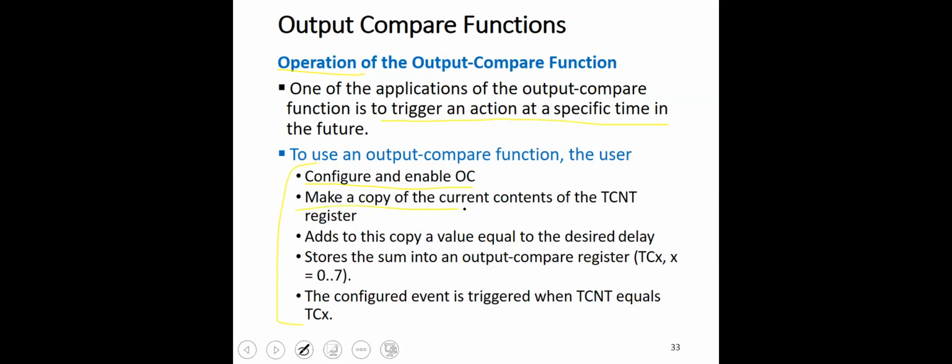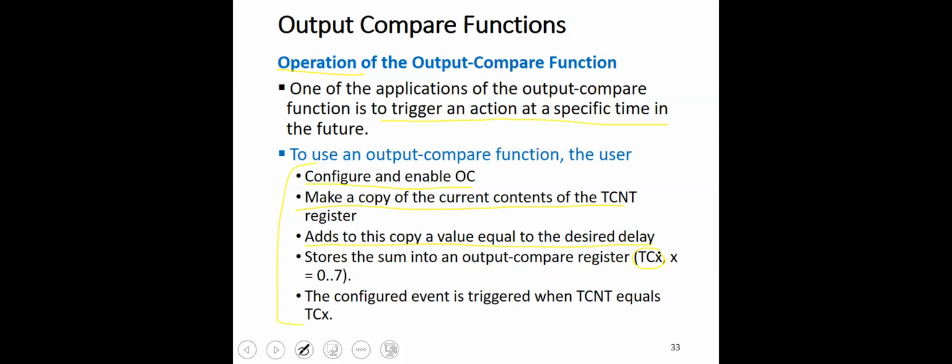So we make a copy of the current content of the counter and add it to the value that equals the desired delay. So the value that we store in the TC register is not an absolute value. It is the current time plus the time difference that we need to wait until the event